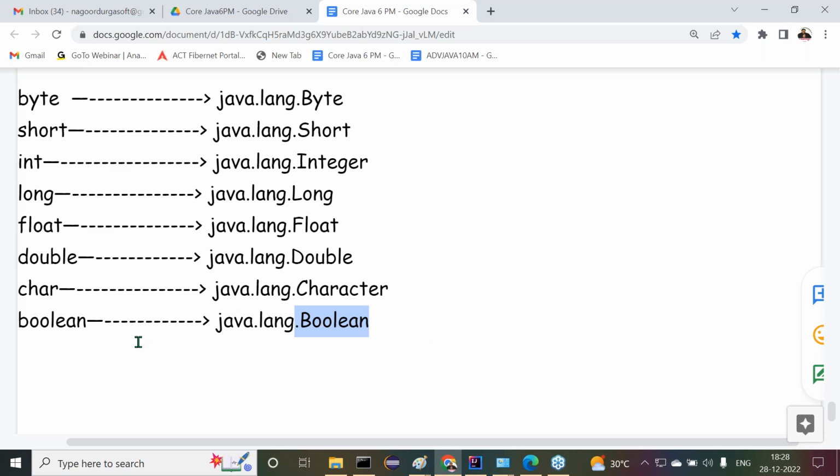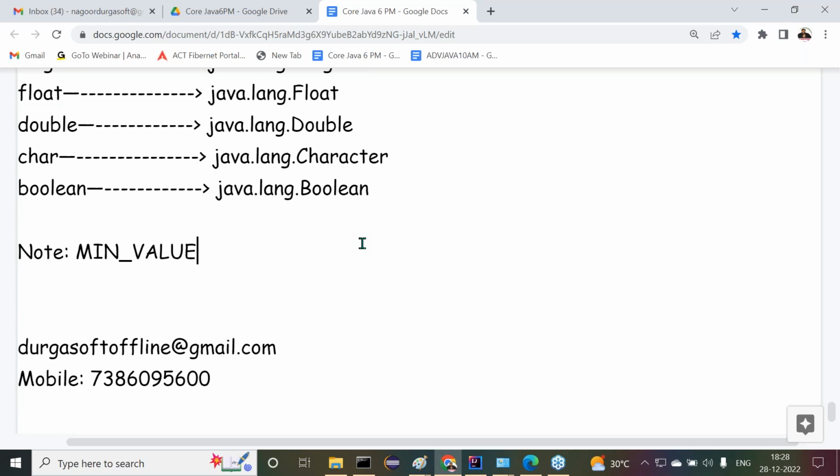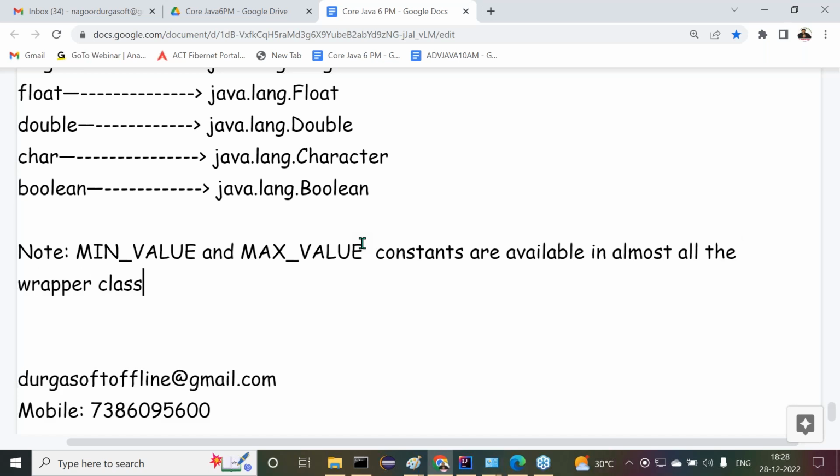No? Right. So now I will show this point here, but before that, understand one small note. The MIN_VALUE and MAX_VALUE constants are available in almost all the wrapper classes except Boolean. Then one more point: these constants exist